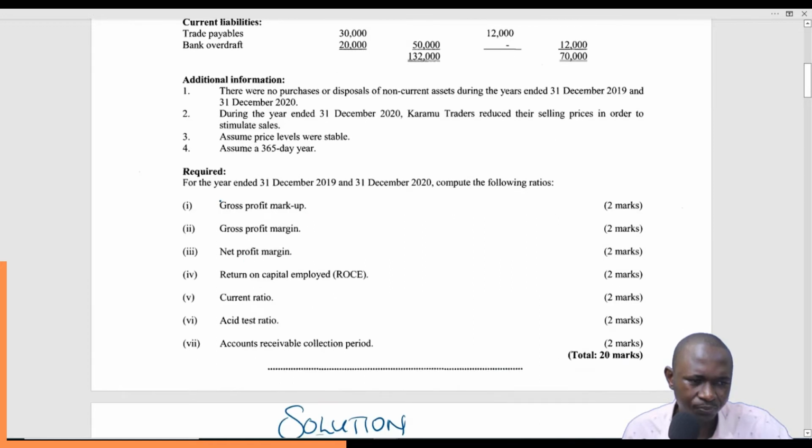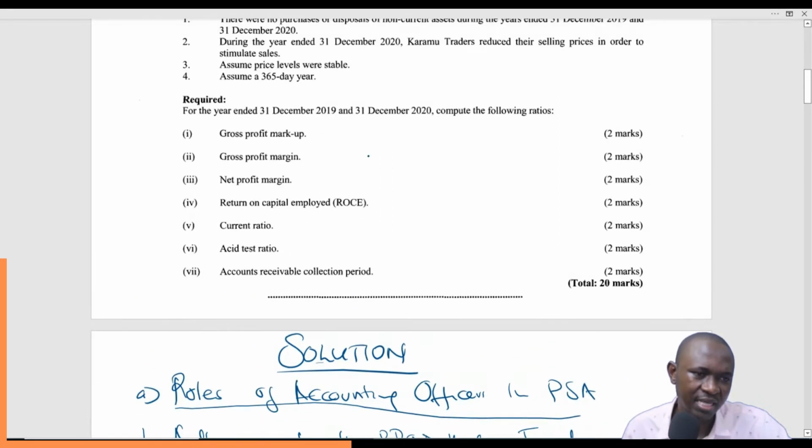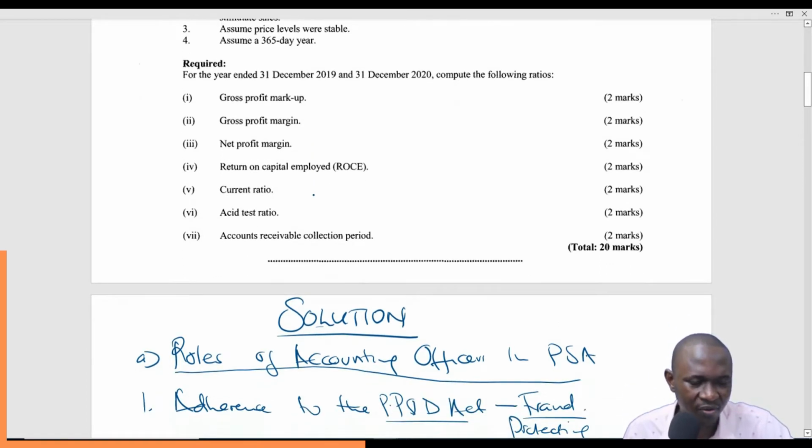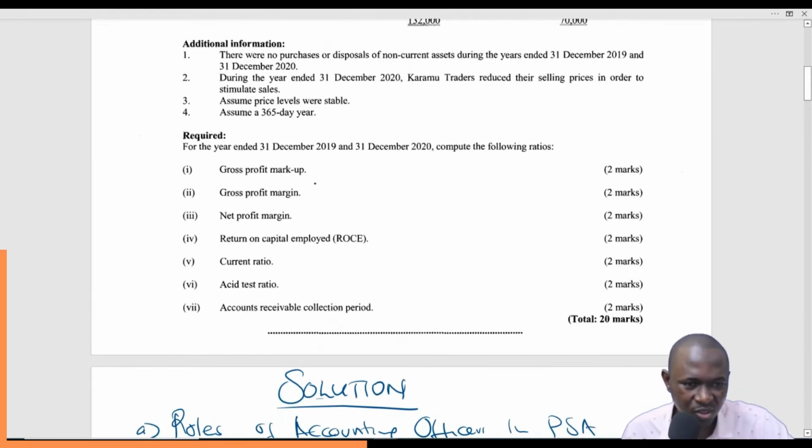So what are we required to do? For the years ended at 1st December 2019 and at 1st December 2020, compute the following. So it's just computing. Ideally, they will have possibly asked that we compute these for 2019 and 2020 and explain what is happening, if the firm is improving in performance or if it's dropping in performance. Just give at least a comment on the performance or interpretation of the ratios, what the ratios mean. But looks like from the question they are not so keen on that. They just want you to work out